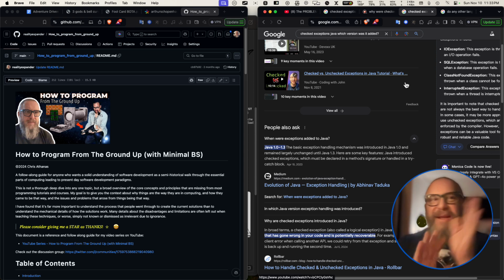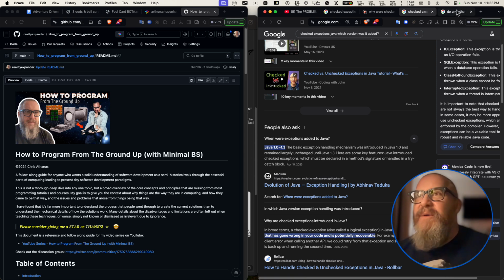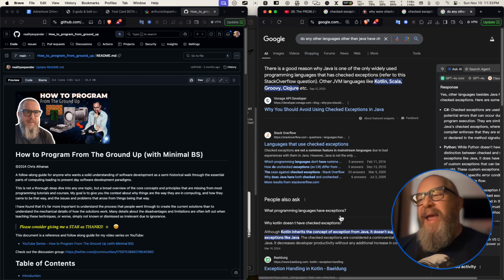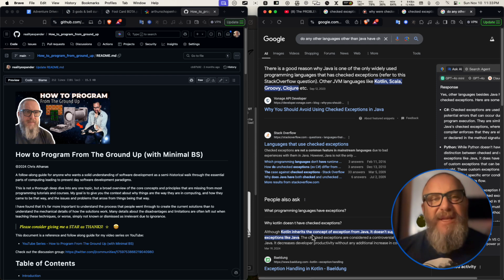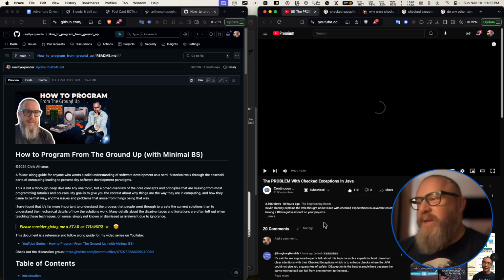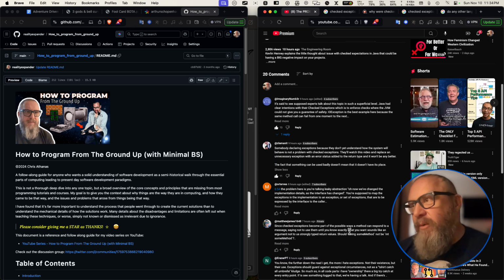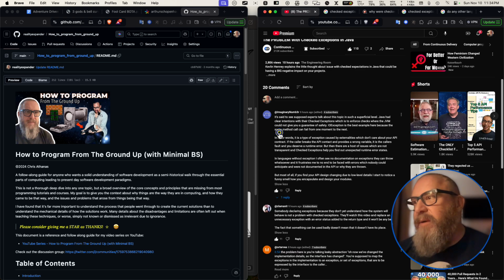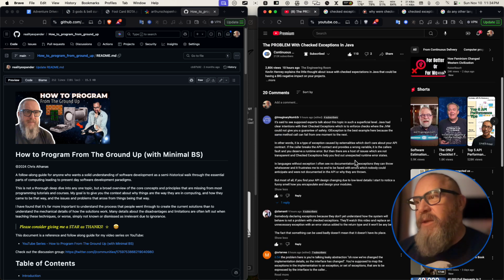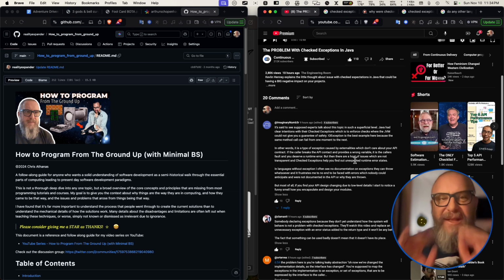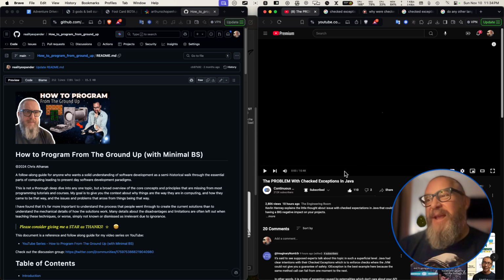Okay, so they're trying to thread this needle of these two different ways. And unfortunately, it just didn't work out. It was just a poorly formed idea. And this comment right here talks about why it was supposed to be used. It was supposed to be a way to clean up libraries, where the library would let you know what the exceptions were, but nobody really adhered to it, and Kotlin dropped it.